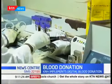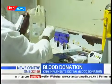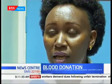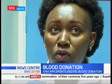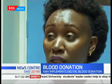Blood not being readily available when needed has led to many deaths and suffering. But now, Kenyatta National Hospital is moving a step closer to curing that blood deficiency. You can use even your phone to receive a message to tell you that the blood of that patient you requested is ready. So the time that the doctor, the clinical staff has been moving up and about looking for blood, that time is usually utilized on patient care. The intention for us here in Kenyatta National Hospital was to get a software that could make us stop chasing